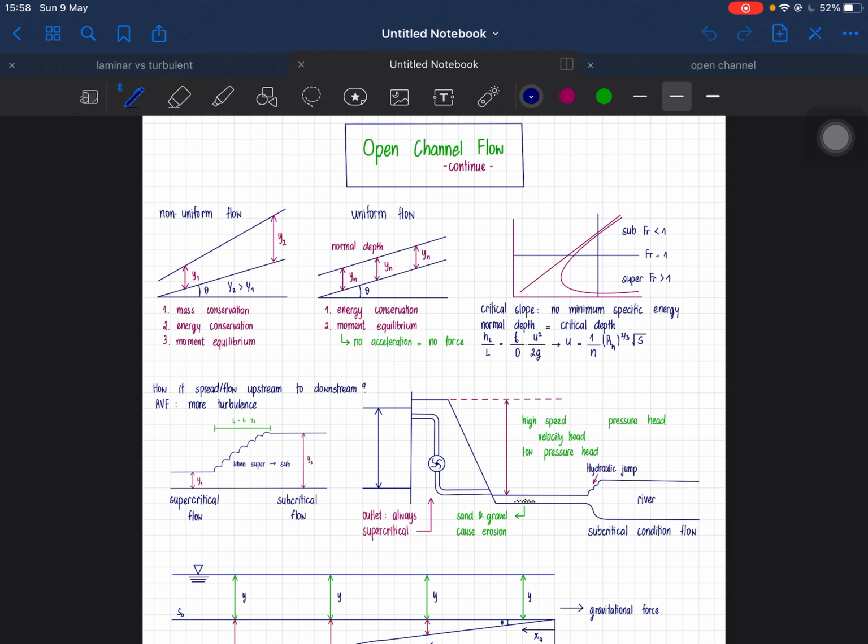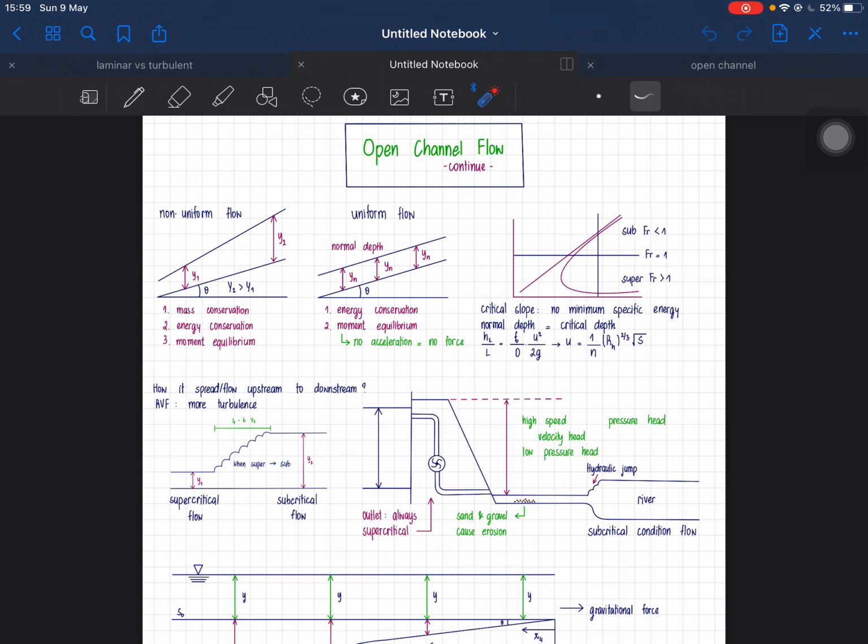So today I will continue talking about the open flow channel. I know that there's a little bit of the laminar and turbulent that is not finished, and some other parts that are not finished as well. So I just want to finish the open channel flow as fast as possible so that I can go back to laminar and turbulent flow. Okay, so now I want to go through the summary for a bit,